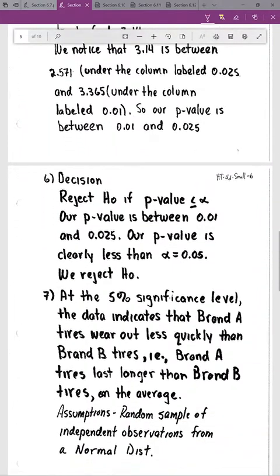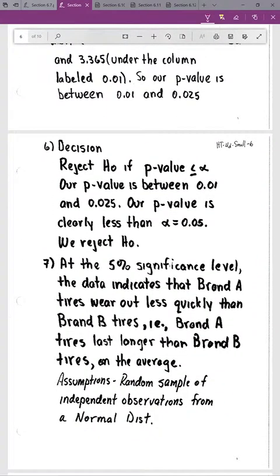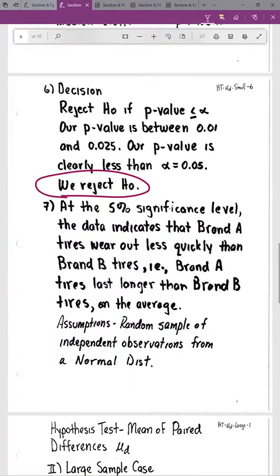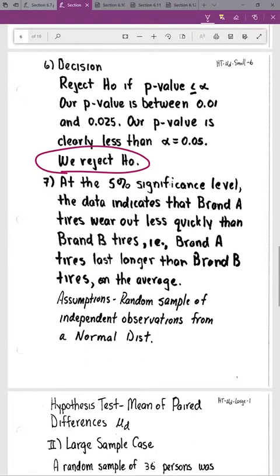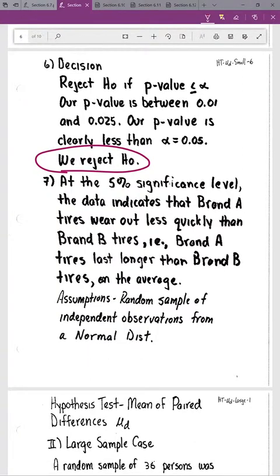So our decision then is going to be we reject H naught if our p-value is less than or equal to alpha. Our p-value, as I stated before, is between 0.01 and 0.025. Our p-value is going to be clearly less than alpha equal to 0.05, so therefore we will reject our null hypothesis. Step 7, stating our conclusion, we can say that at the 5% significance level, the data indicates that brand